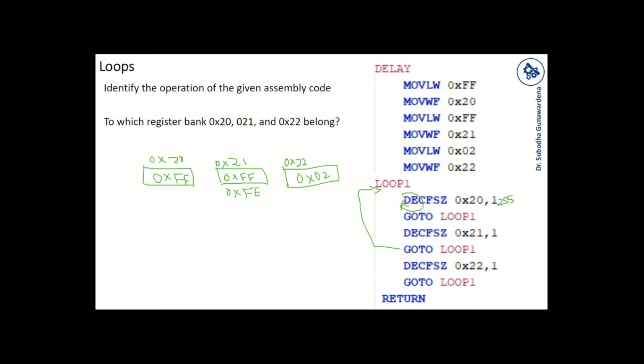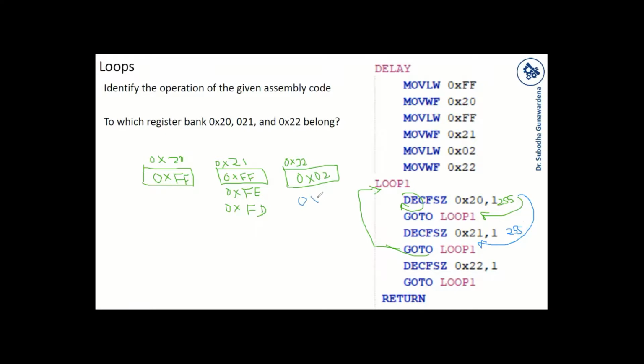and go here, and then again run this for 255 times and come here and decrement value by 1, and then this value becomes 0xFD. Likewise, now this whole thing will loop for 255 times, right? So this was running for 255 times, and this whole thing again runs for 255 times, right? And it will exit from here and then decrement this register's value, which is 02 by 1.